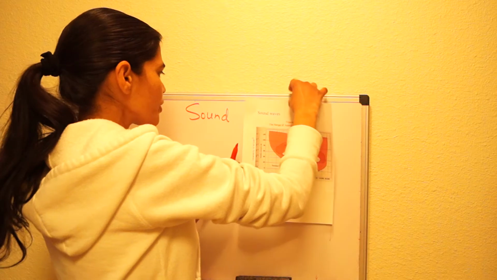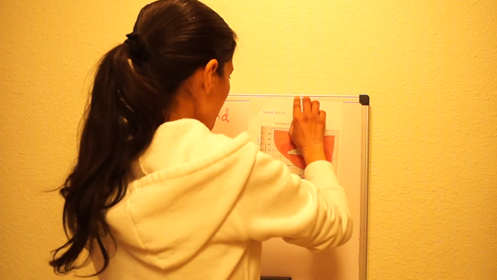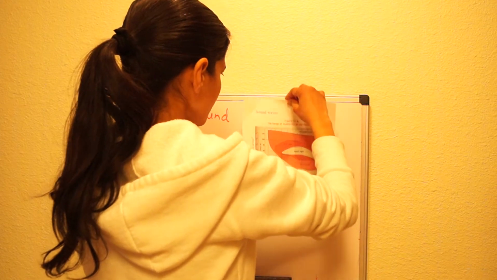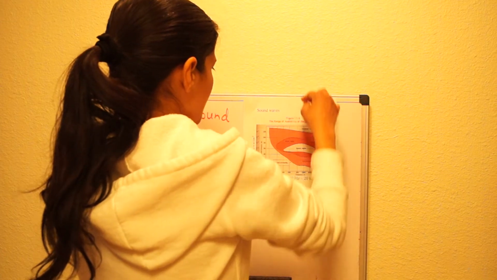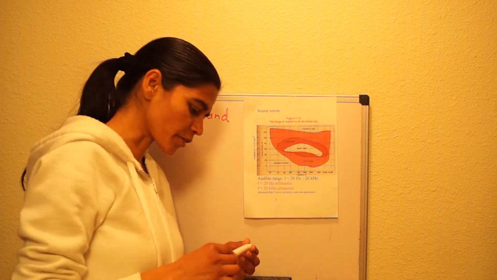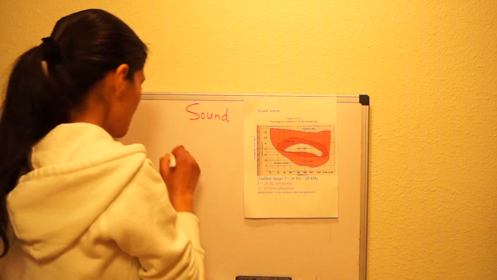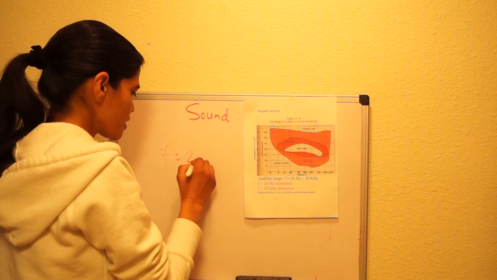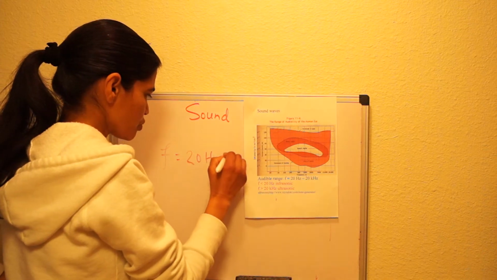So it turns out that the sound waves that the human ear can detect, or the range of audibility of a human ear, lies between frequency 20 hertz to 20